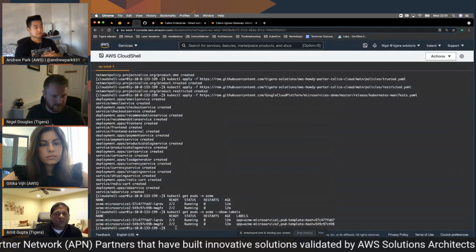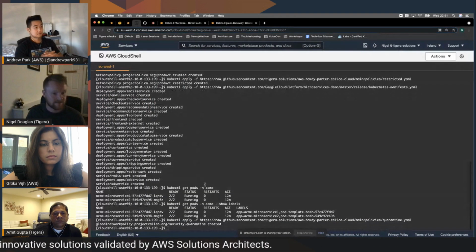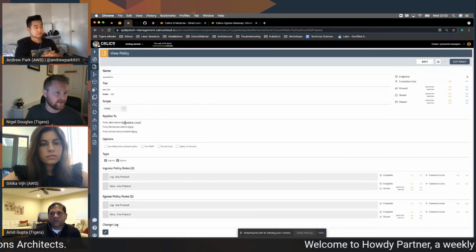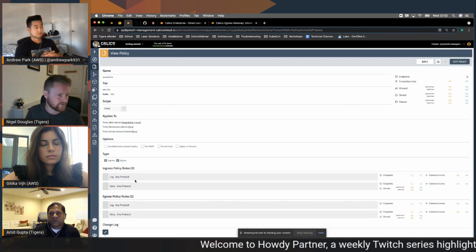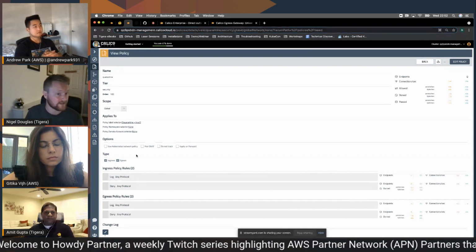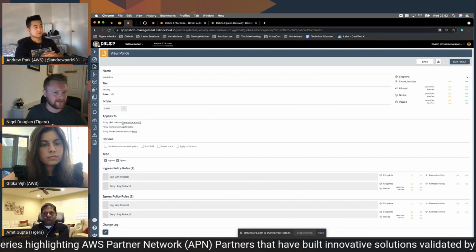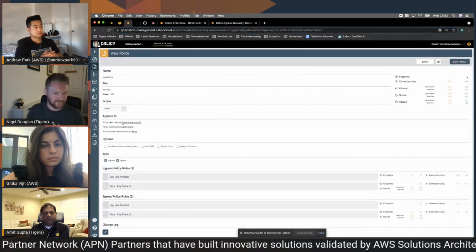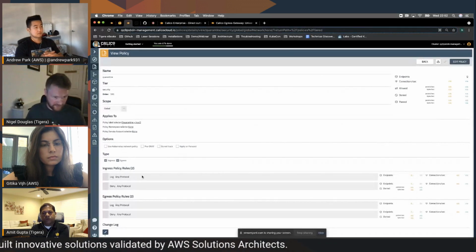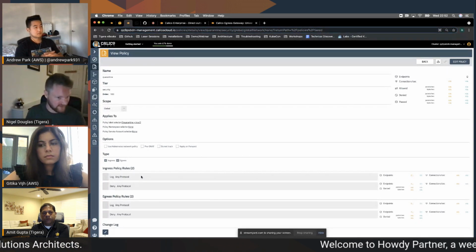I'll run another kubectl apply with the new policy for quarantining. This policy is pretty straightforward to understand when you see it. It says anything with the label selector quarantine equal true, I'm going to log and deny the traffic, whether it be ingress or egress. I'm quarantining quite literally. It's a bit different from how you would imagine it with an AV tool, where a file is isolated and stripped of its payload. In this case, we're using network policy to simply deny the traffic. Even if it tries to generate traffic, we'll log it so we keep that forensic history.